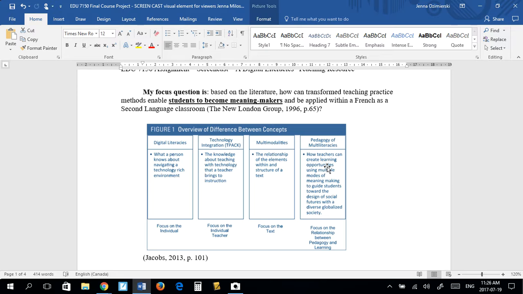To enable student meaning making, multiliteracies can effectively support students' needs within a technology-based society and focus on the power of the individuals as they engage in multimodal text. It is important for educators to support students' development as meaning makers within an online context because of the internet's presence in professional and personal lives.